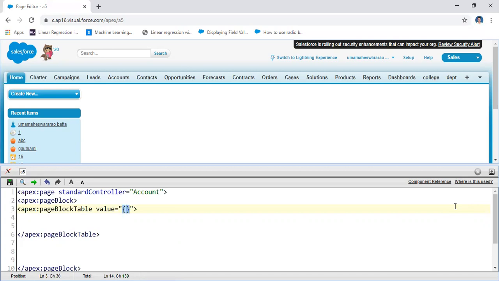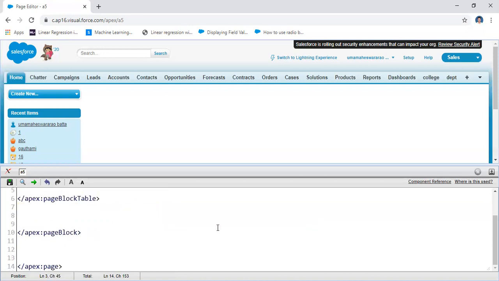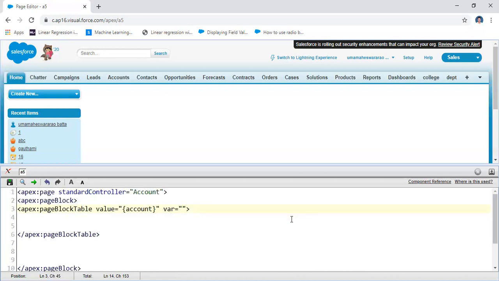Account is one field. After account, I'm going to define another variable. Let us assume a is a variable, and then under that you have to define the column.